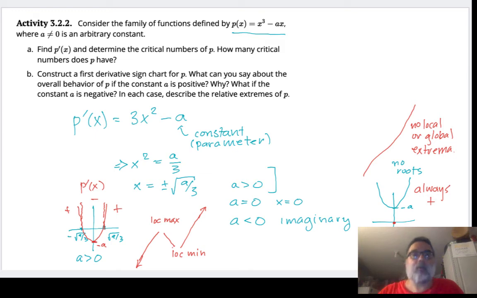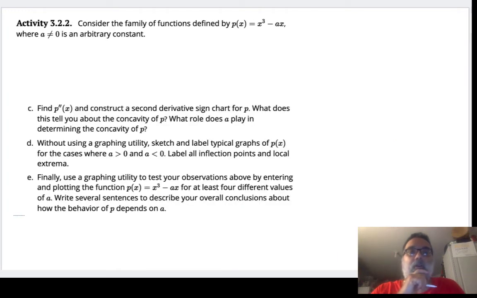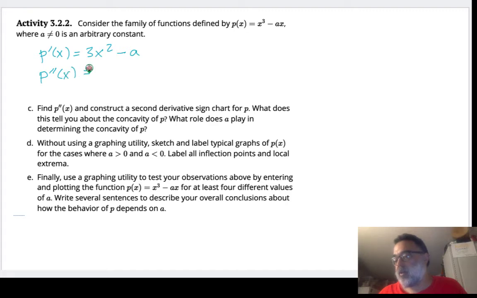Okay, so let me look one more. All right, part C, think about the second derivative. Remembering the first derivative was 3x squared minus a. So the second derivative is going to be 6x, and then the derivative of a constant